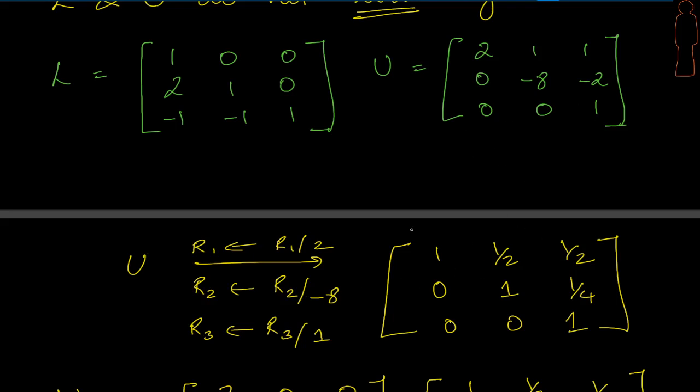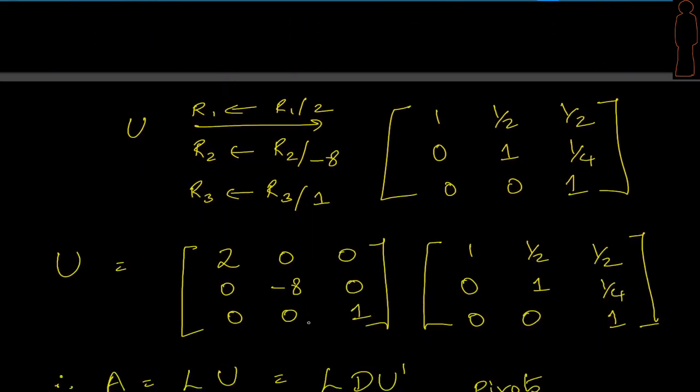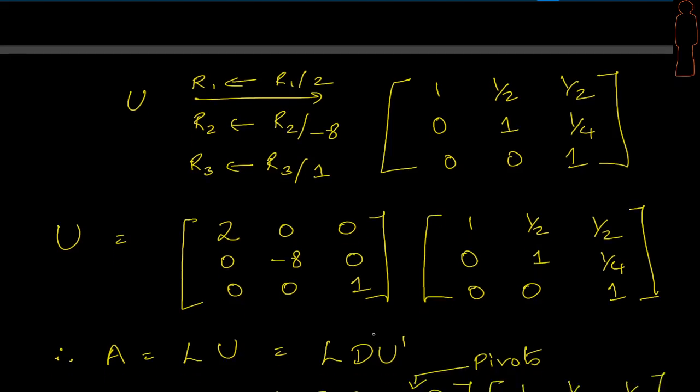What can bring me that is doing the reverse of these operations, right? Since we divided by 2, I have to multiply row 1 by 2, multiply the second row by minus 8 and multiply the third row by 1. And since these are simple row operations, we can use a matrix for it, right? And since we understand the row view of multiplication, here is the solution. We can look at the original U which we wrote down on top as this matrix, which is our U dash, times a diagonal matrix, right? Look at this, there are zeros everywhere except for the diagonal elements here, right?